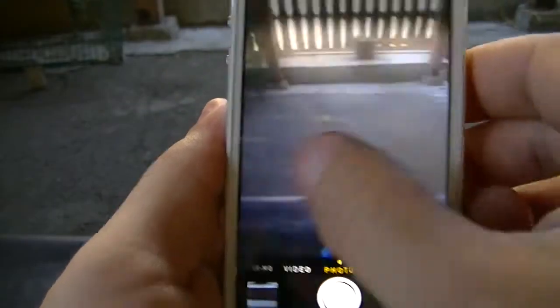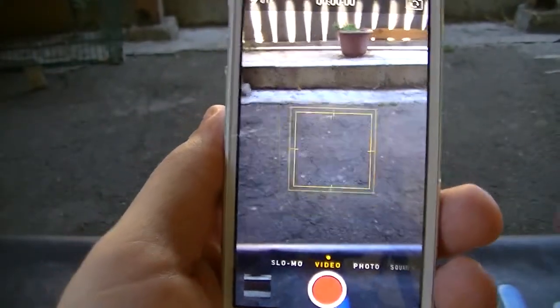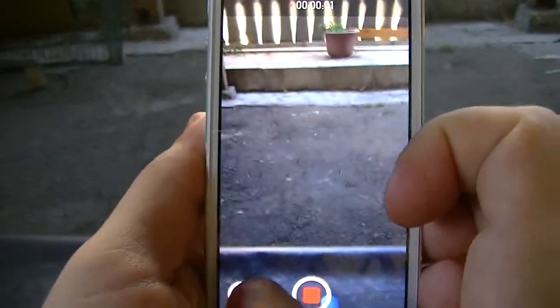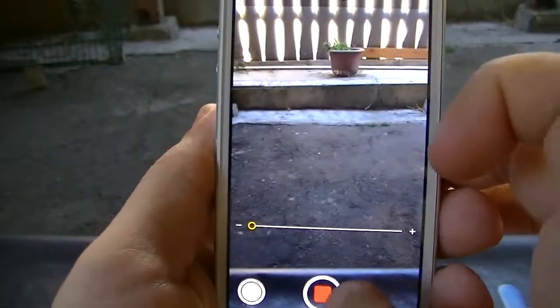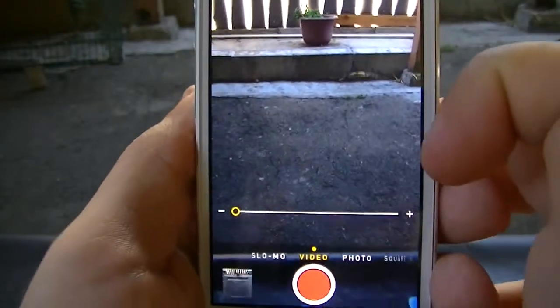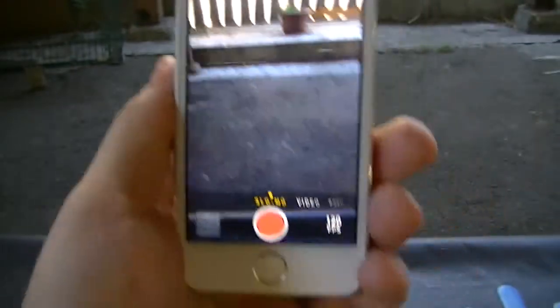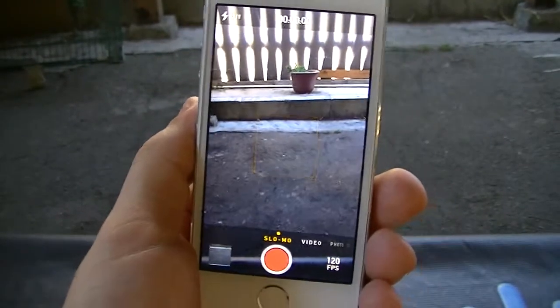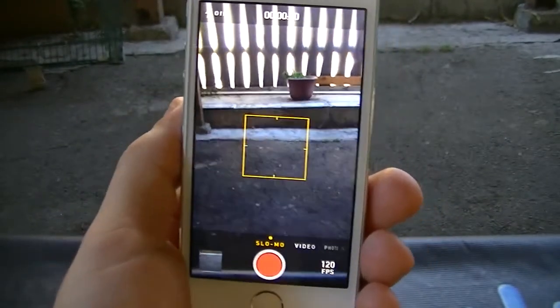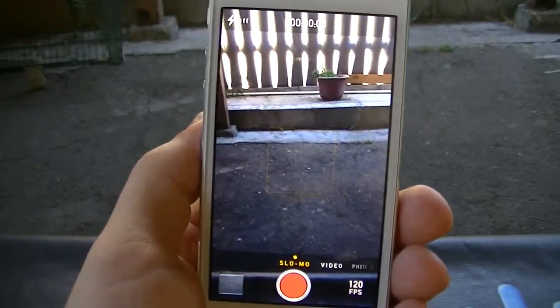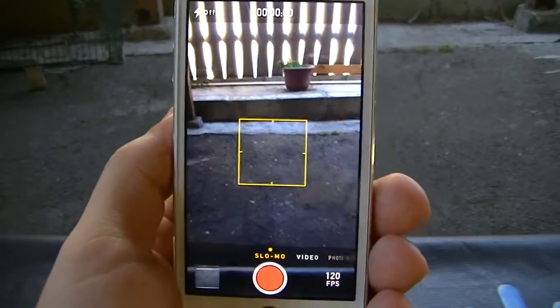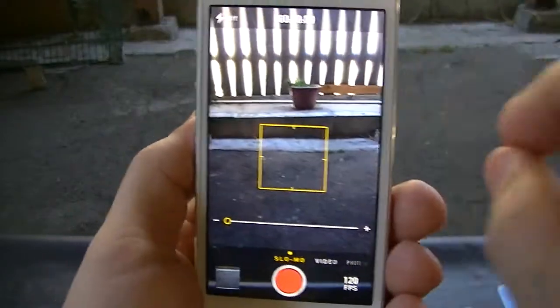Alright, you can record video, and as you're recording video, of course you can take a picture while you're recording the video, you could zoom in and zoom out. So video quality comes out pretty good on this device. It's 1080p, and you have slow motion, which is their new feature. It's 120 frames per second on the slow-mo feature, and it's useful for the most part. If you want to get slow motion video, that's basically what it is. So there's really no other way to describe it.